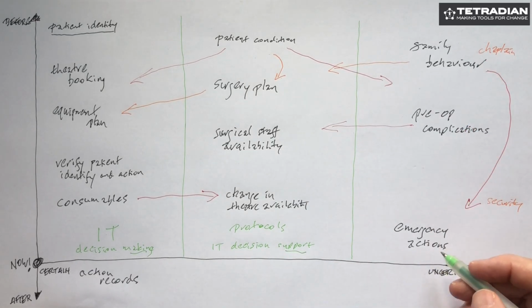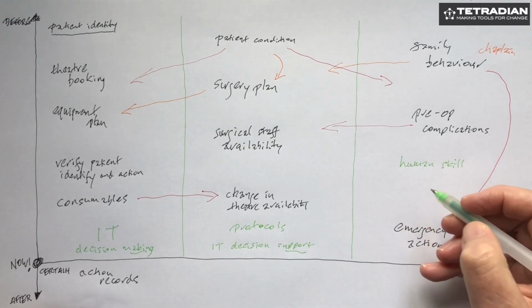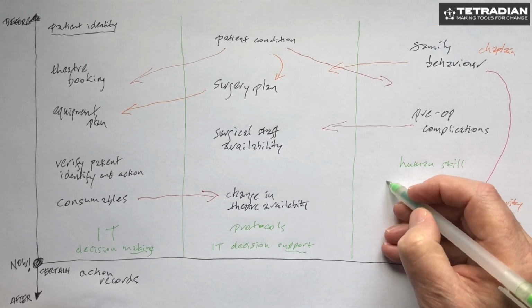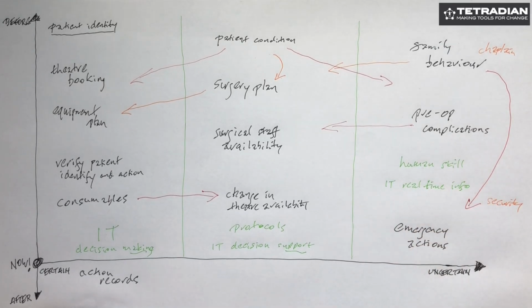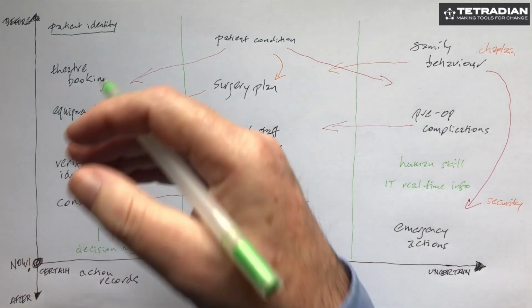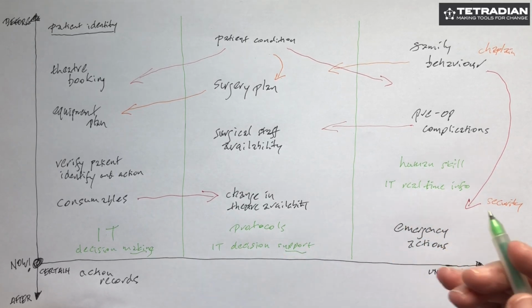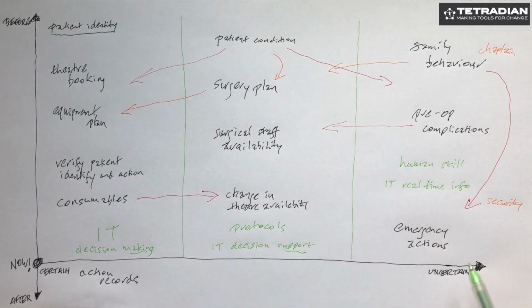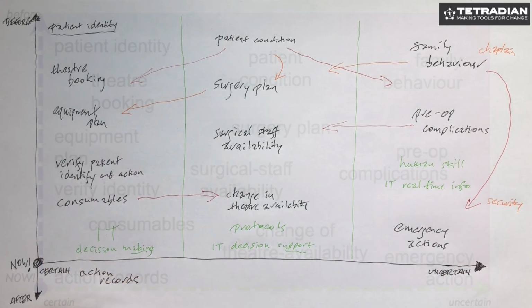And over here, this is going to depend entirely on human skill. And the only role of IT is going to be real-time. IT provides real-time info, and that's it. So this is a simple example of how to plot something out using those two axes. It's a simple example of the choices that we make, the kinds of tools that we can use and build for these kinds of purposes, how we make all of this work. Dealing with uncertainty, accepting uncertainty as an inherent fact of the context, rather than pretending that everything can be lumped into IT.